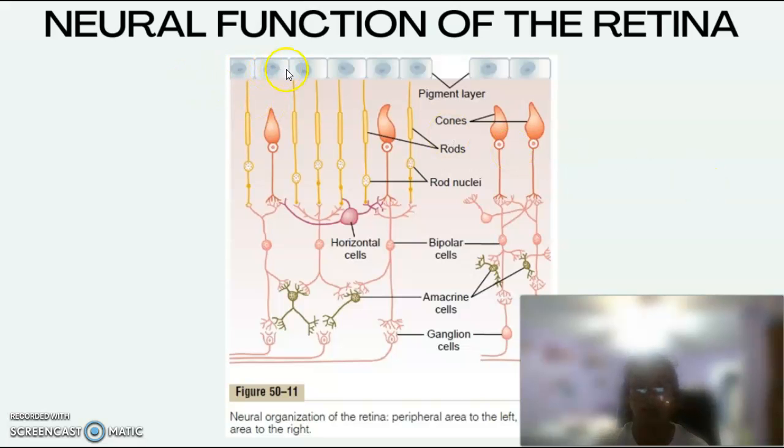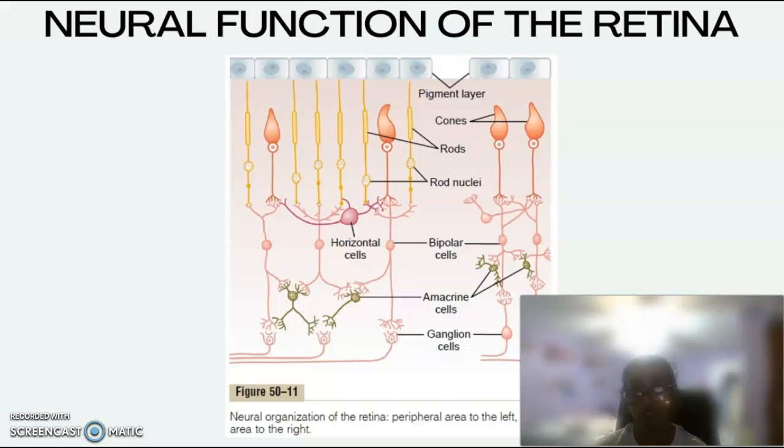And so now we will get into the neural function of the retina. In this figure, it presents the essentials of the retina's neural connections, showing at the left the circuit in the peripheral retina, and at the right the circuit in the foveal retina. The different neuronal cell types are the photoreceptors, which are the rods and cones. They transmit signals to the outer plexiform layer, where they synapse with bipolar cells